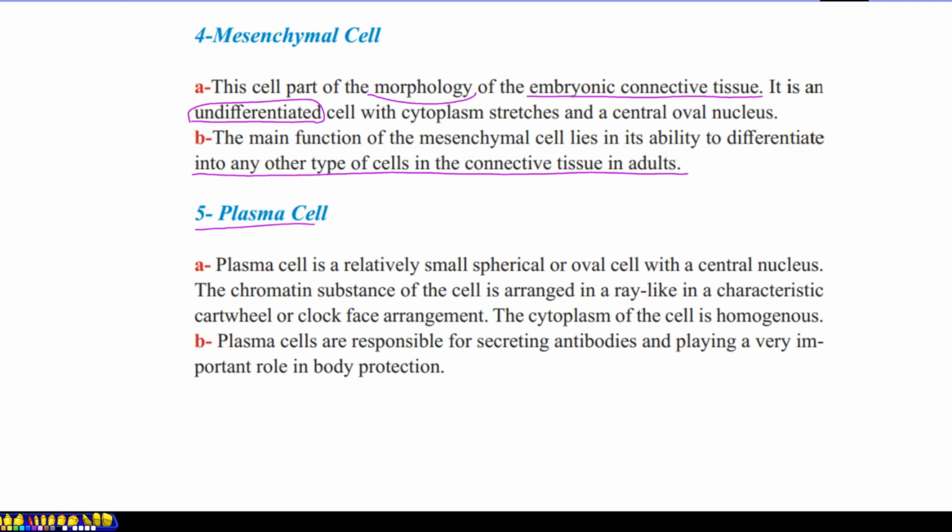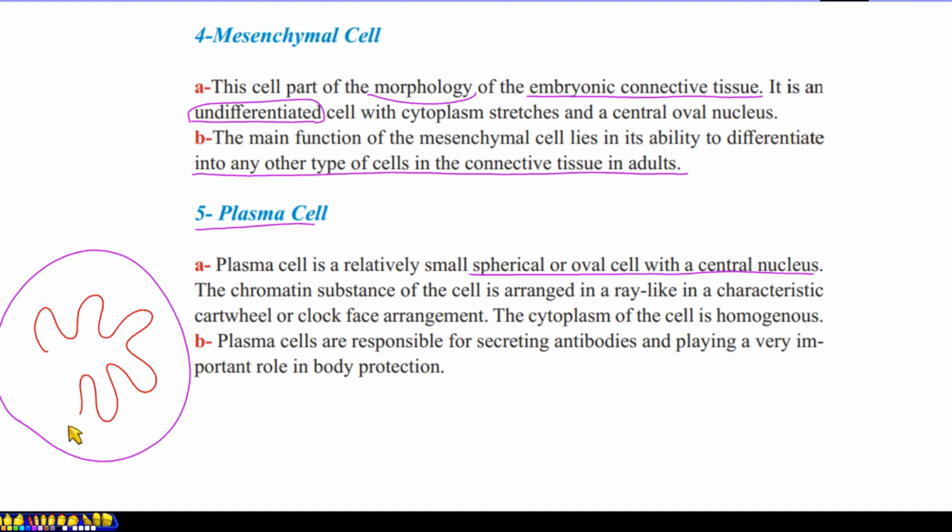The plasma cells are relatively small spherical or oval cells with a central nucleus, but for this kind of cell the shape of the nucleus is not an ordinary shape. The cytoplasm of the cell is homogeneous, meaning clear, but the nucleus looks like a cartwheel in shape. This shows that the nucleus is very active. Plasma cells are responsible for secreting